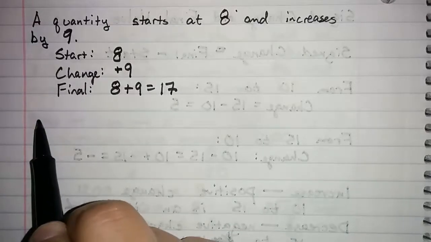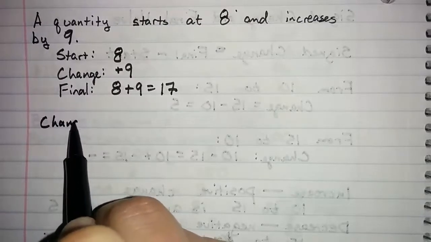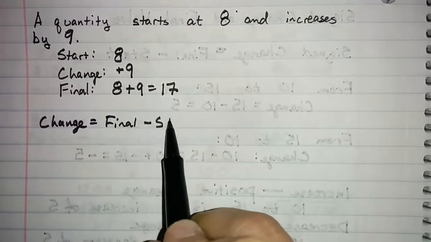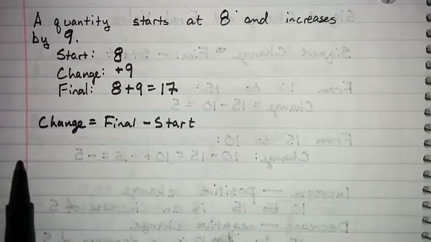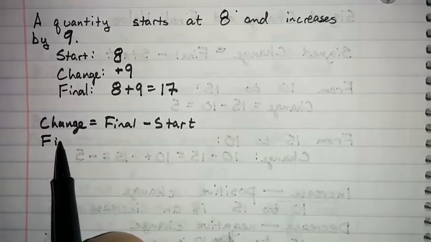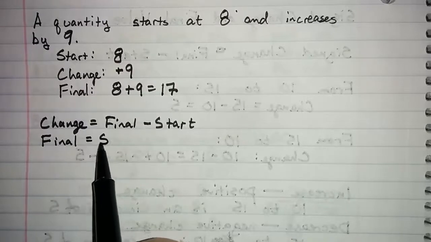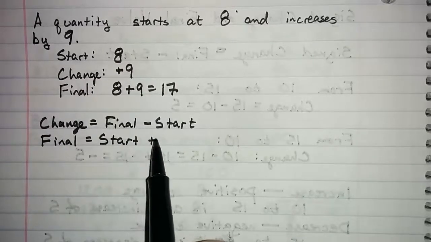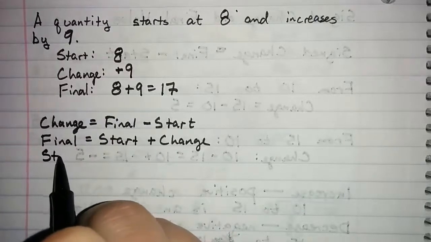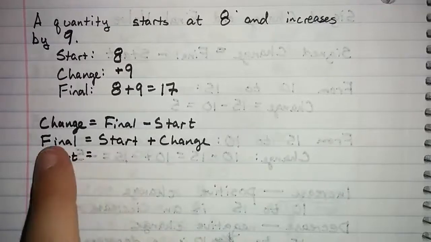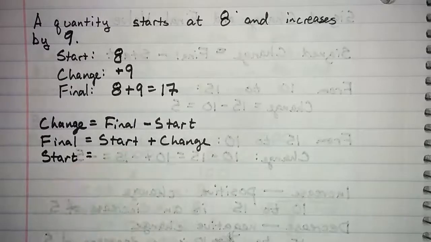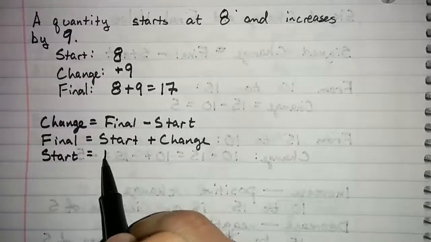So we know that the change is the final value minus the starting value. And then rewriting this as addition, we see that this is the same as saying that the final value is the starting value plus the change. What if we wanted to find out the starting value? Well, I could rewrite this sentence as subtraction again, except to find out the starting value, right? The starting value must be the final value